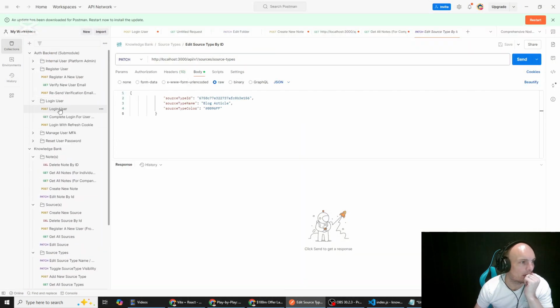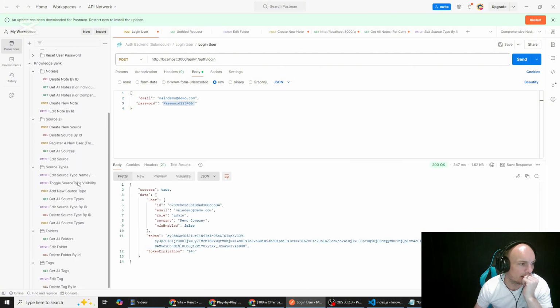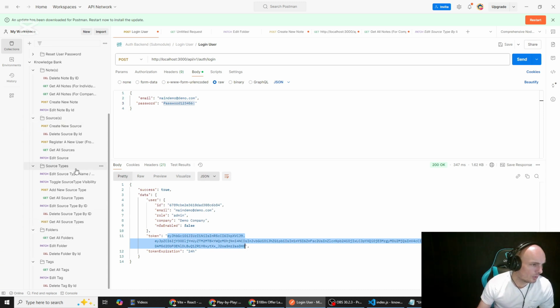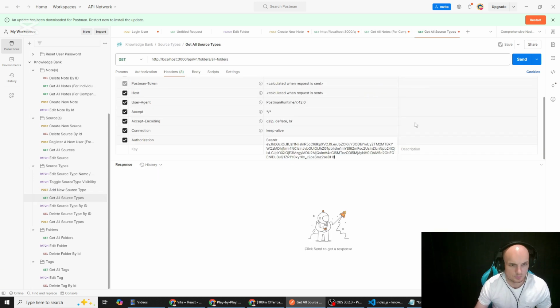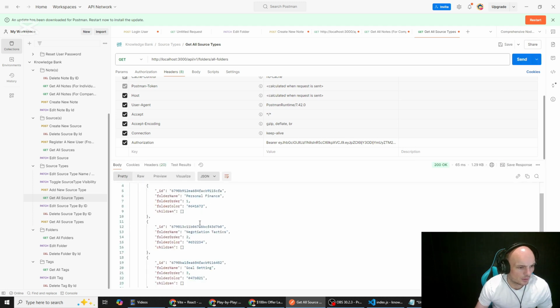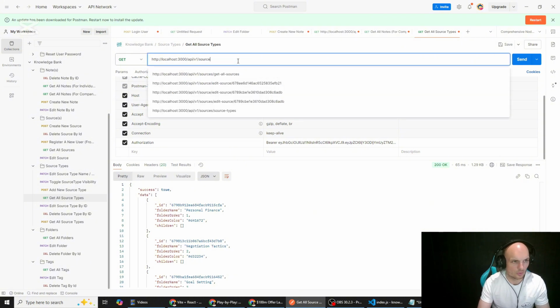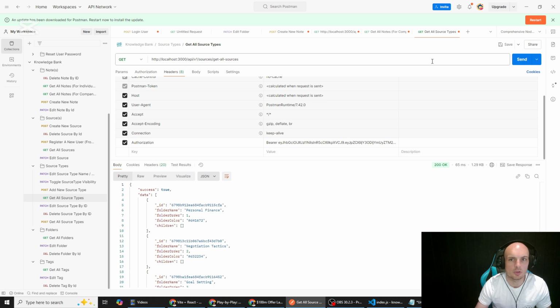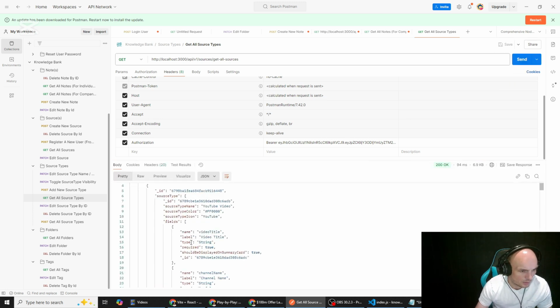Log in, and then let's get our bearer token. So source types, get all source types, send. All right. Oh, sorry, it's folders. Sources, get all sources. We must have accidentally. Okay, so then